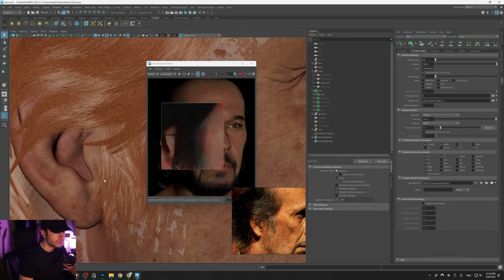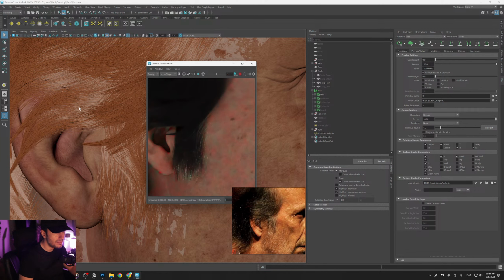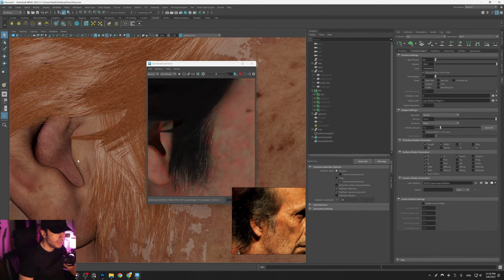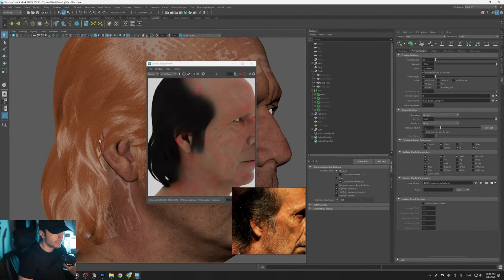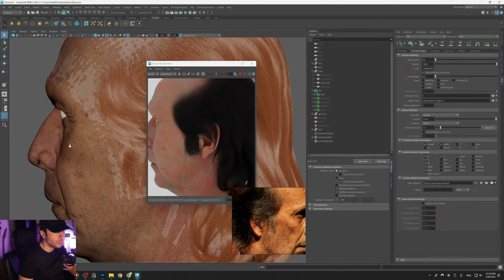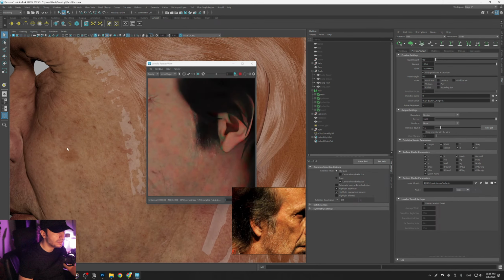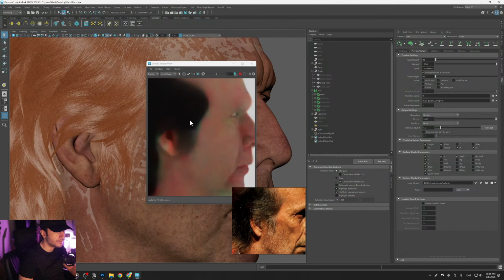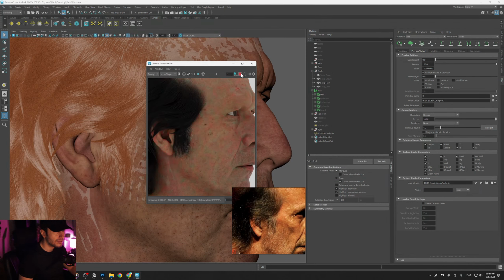You can see now, if I zoom in, those areas that we added those black dots are now white, which is exactly what we wanted. So now that we are sure that the melanin map is working as intended, we can just go ahead and finish it. So I'm just gonna stop the render for now,